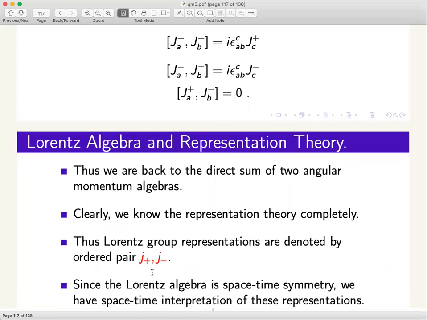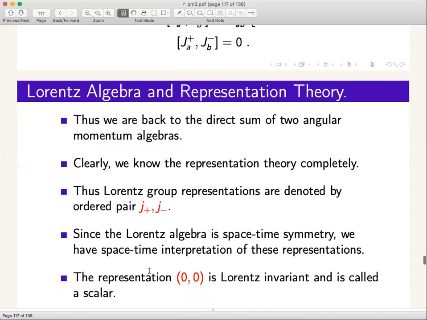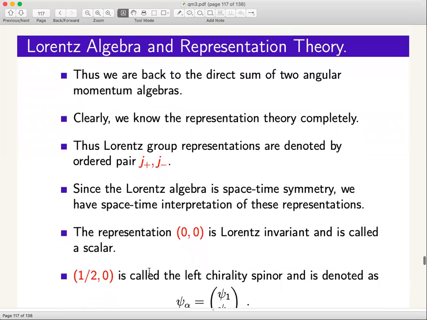I should have put a bracket around this. Exactly the way we wrote down rho and sigma for SO(4), now we write them in terms of J plus and J minus. The only difference now is that because these are space-time transformations, every representation has to be given a space-time meaning, as against the group theoretic meaning we gave for SO(4), where (0, 1/2) is a spin half representation of J and spin 0 representation of K. In the case of the Lorentz algebra, it becomes more interesting. What is the meaning of this?